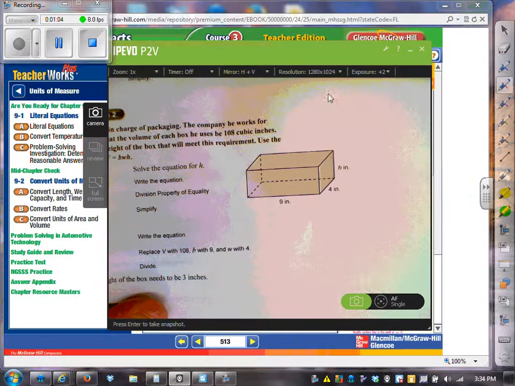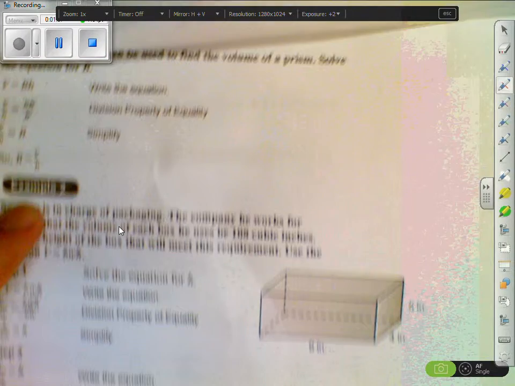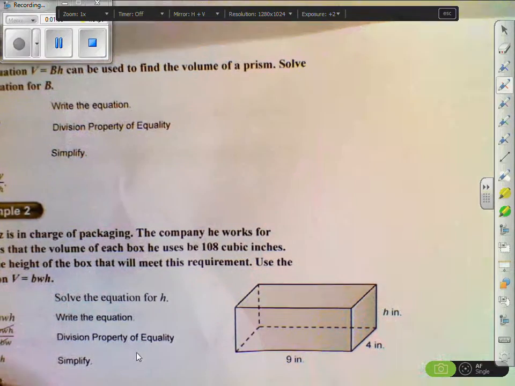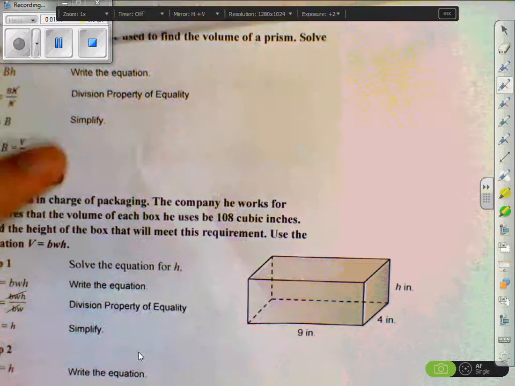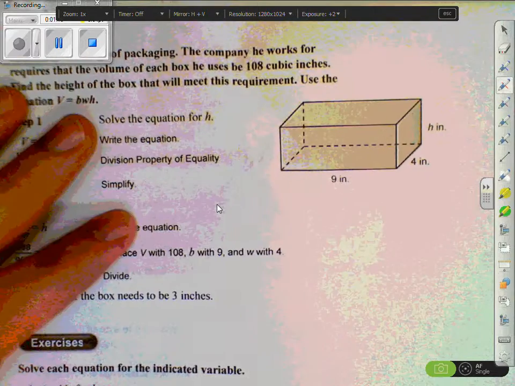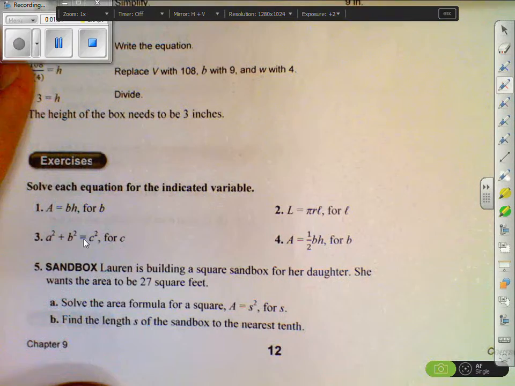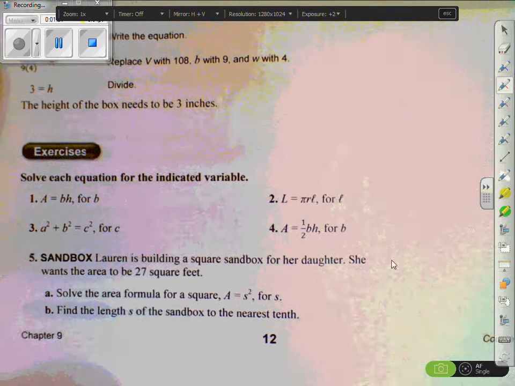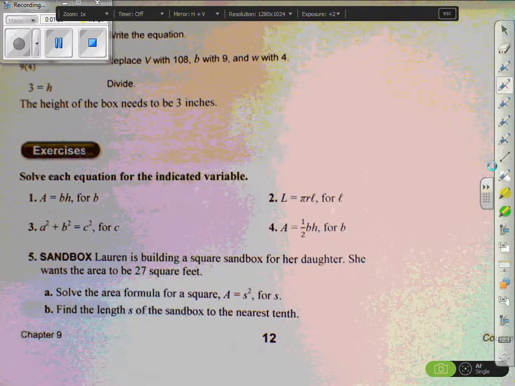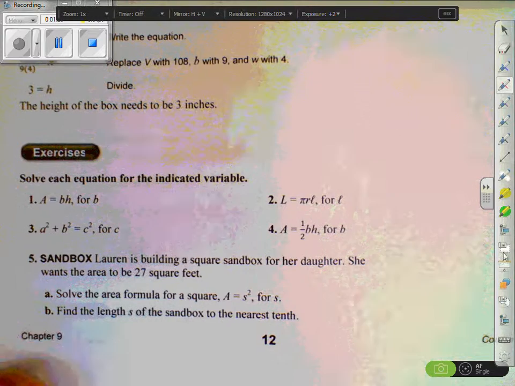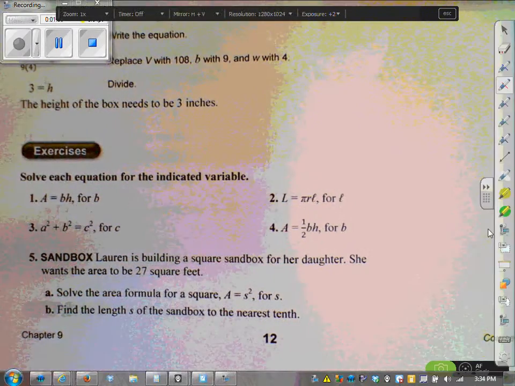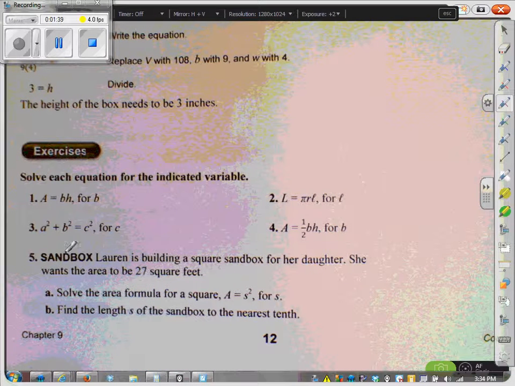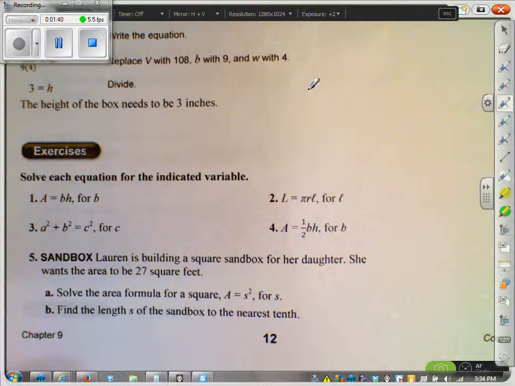Now, to the homework, this is the page that I asked you to do, page 12, 9-1A. And really, it's just the same stuff. Well, of course, it's the same stuff because it's the homework. But let's look at a couple of the problems here, because the steps required can be confusing, since we don't remember all the different things that we've done. So, for example, on 3 here, we have the Pythagorean theorem,